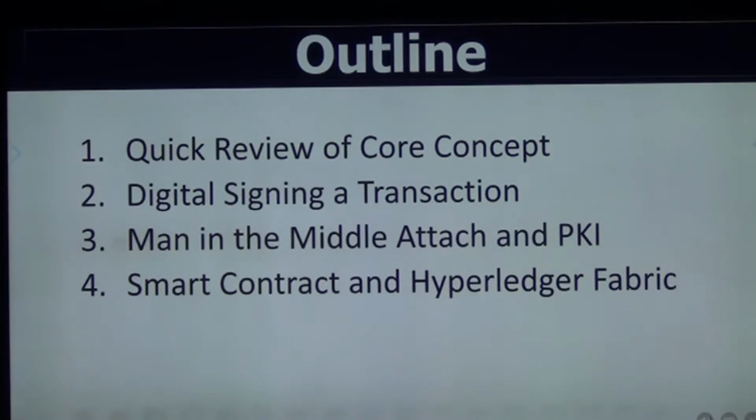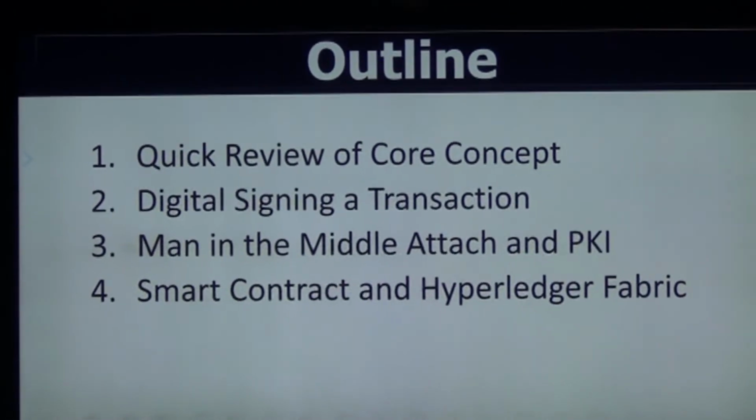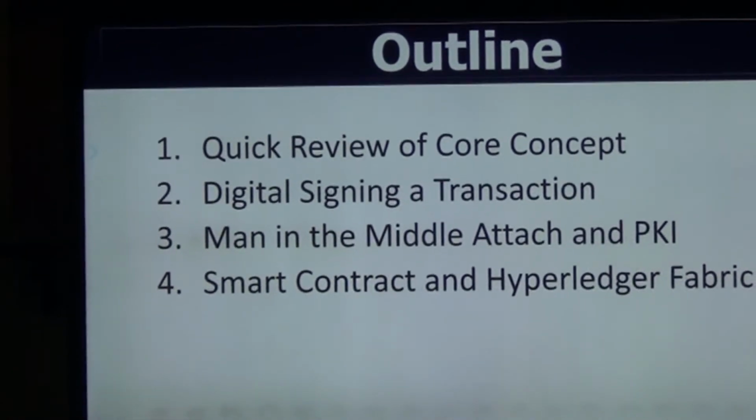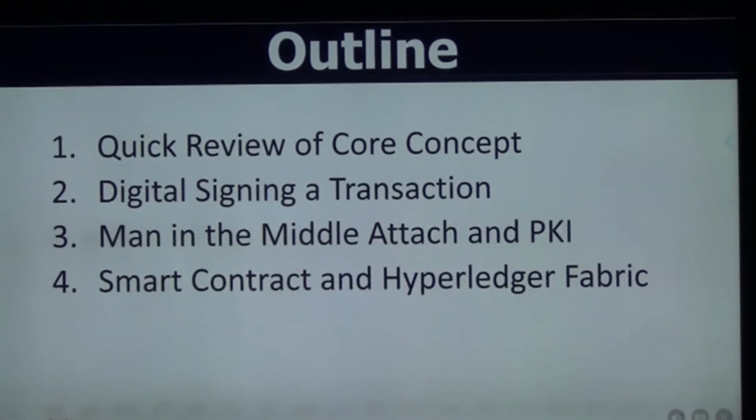So today we'll study the digital signature in a transaction, which becomes very important. And then we need to understand what a man-in-the-middle attack is. How can a digital signature be compromised? And then the PKI, public key infrastructure. It is very key to understand smart contracts, because as we are discussing the voting machine, you want to authenticate that it is coming from the right source, and you want to have confidence that nobody has changed the information.